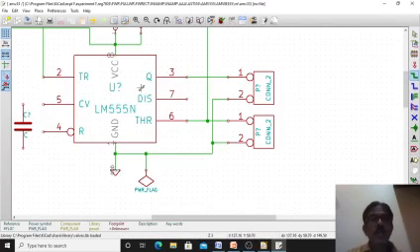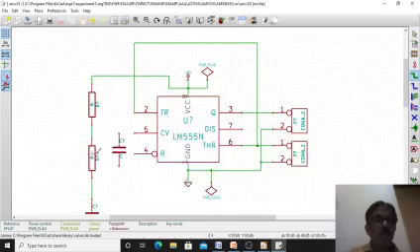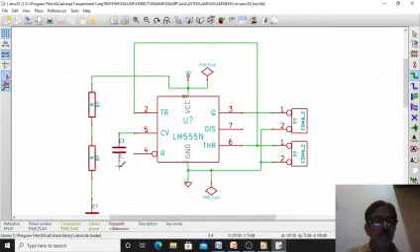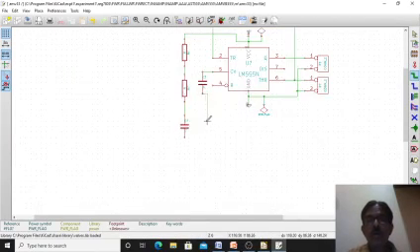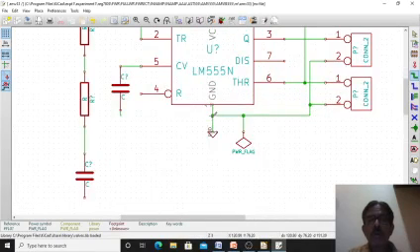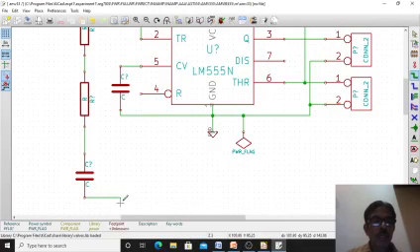Then pin number 5 is connected to this end of the capacitor, and the other end of this capacitor is connected to ground. And this end of the capacitor is also connected to ground.